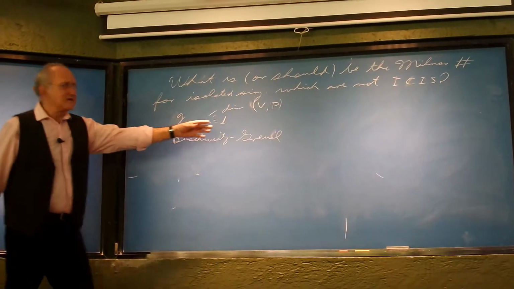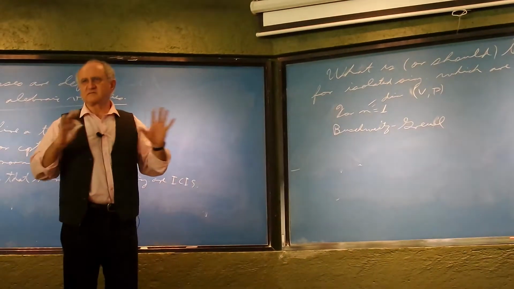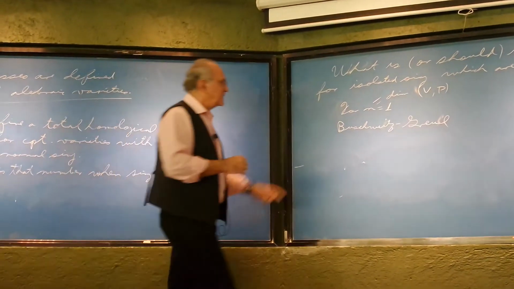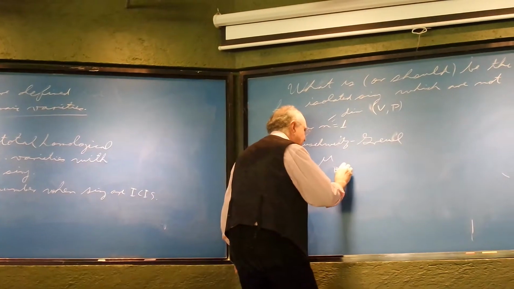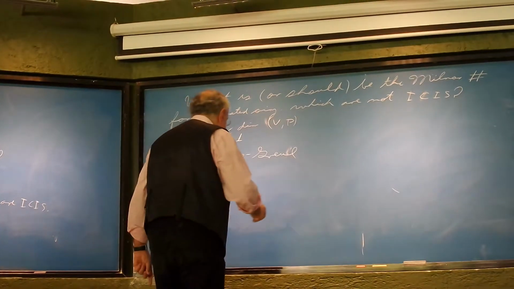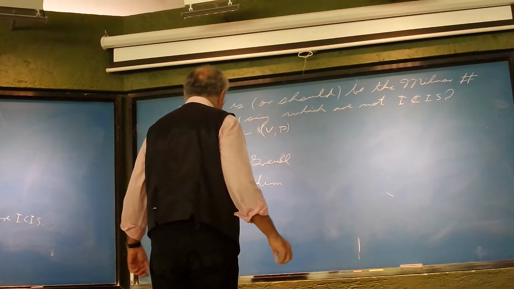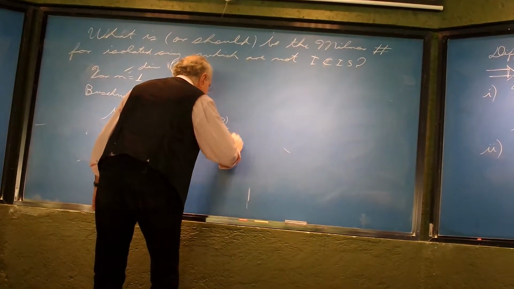When the space has dimension 1, they give a definition that I will give for those who understand. It's a number. They define the Milnor number, let me say mu_G, by the dimension of